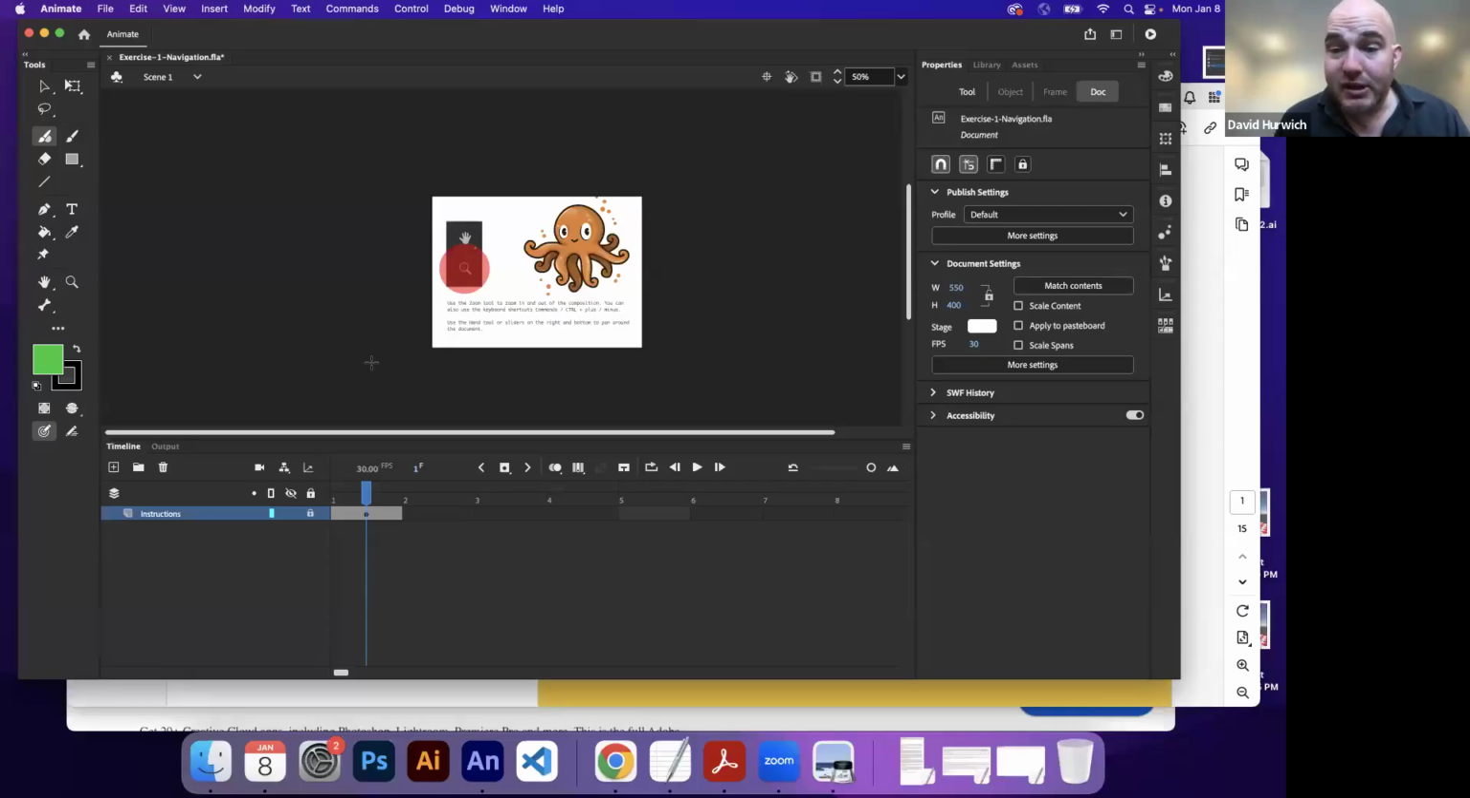All right, now that we're here, moving on, let's talk about how to navigate through the stage. So I have this document. There's a little drawing here of a cute little squid. I want to zoom in on this character. So what I'm going to do